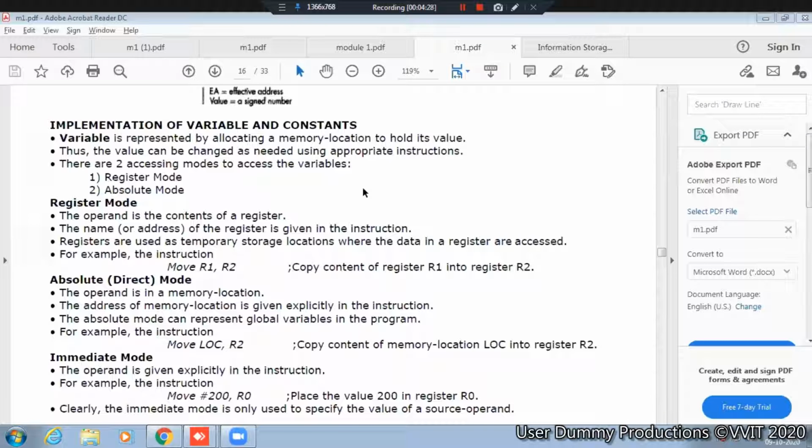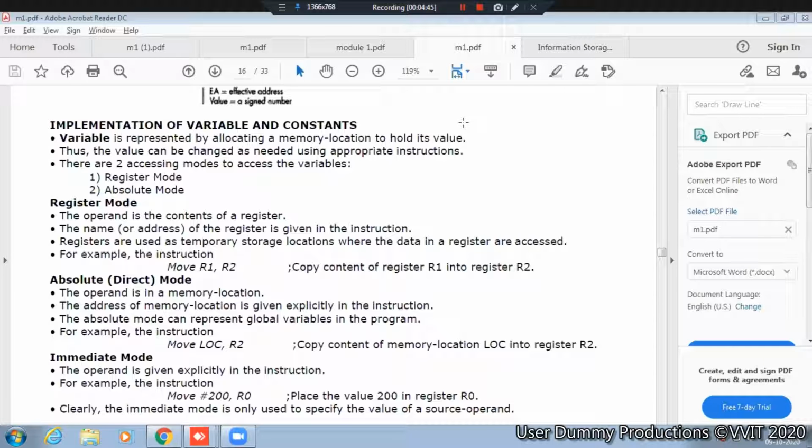Jayant. Safina: The operand is given in the instruction.